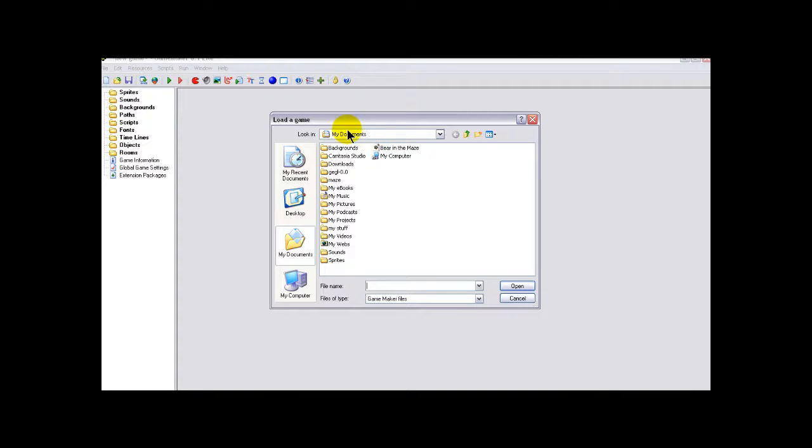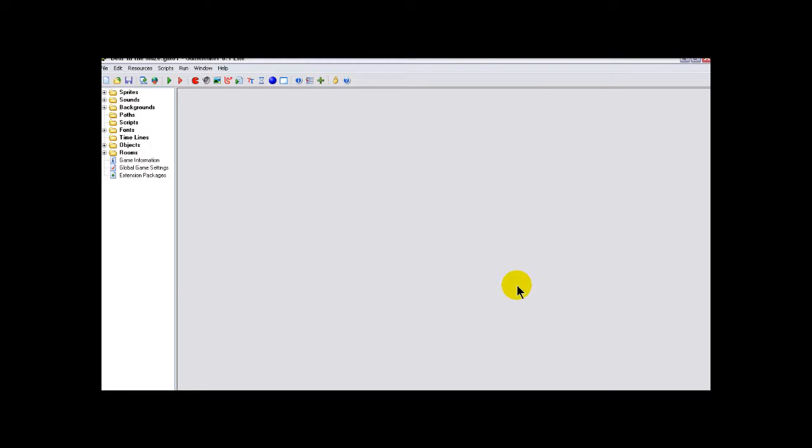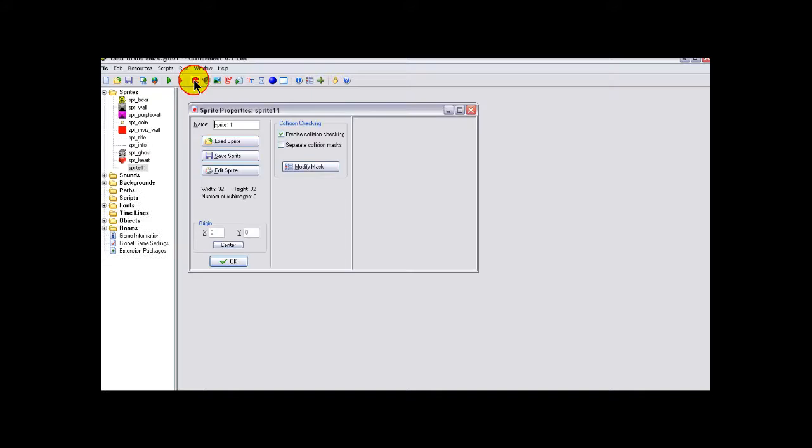So let's load your game, click on My Documents, Bear in the Maze, and open, and your game's loaded up. So we're going to make some bonus items for our game that are going to give the player extra points and add a little bit more to the challenge. So create a new sprite, name this one SPR underscore cherry,